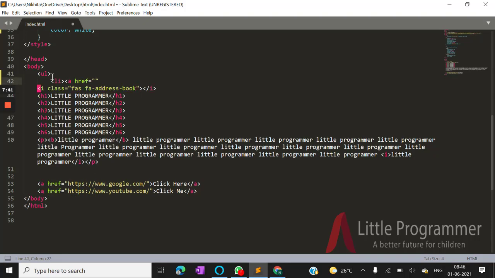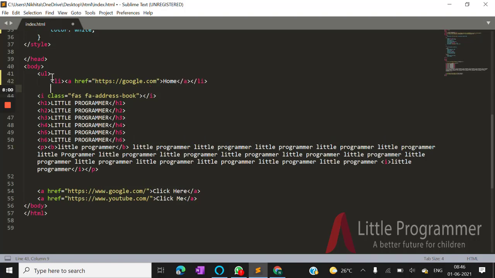For example, again we will take google.com, https. And here the list item is, for example, home. Close the anchor tag, close the list item. Just copy this and create some 3 to 4 list items,